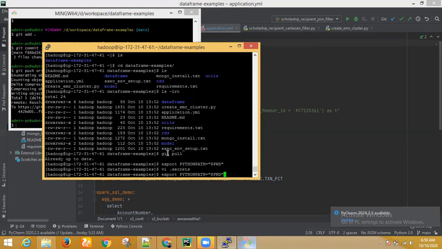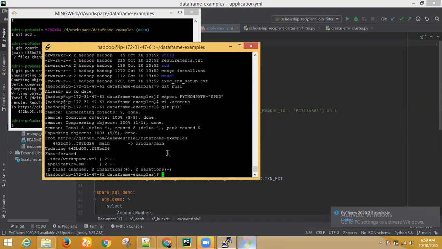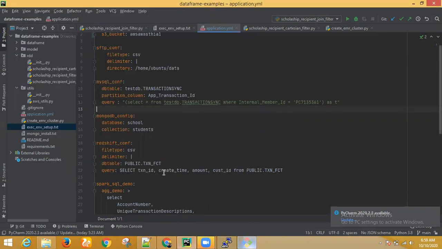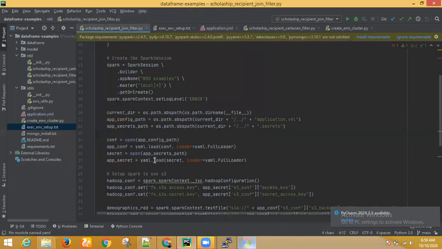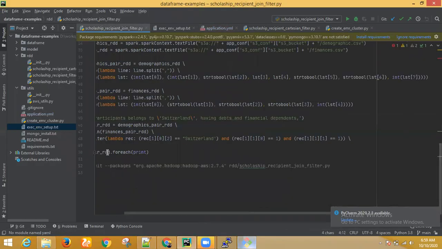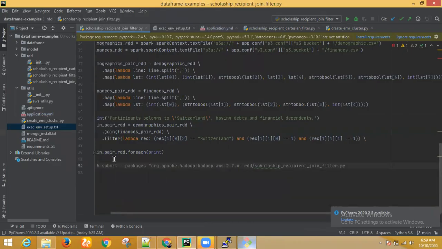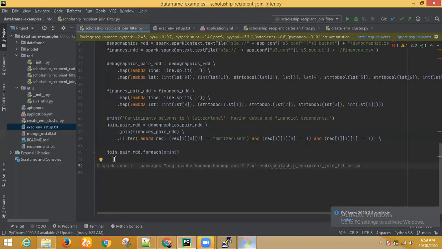So now you can again type just git pull. It just refreshed, and now you can execute the code. How to execute the code? Come to the last line of this file, where I mentioned the command to execute it. You can just run spark-submit with --packages.